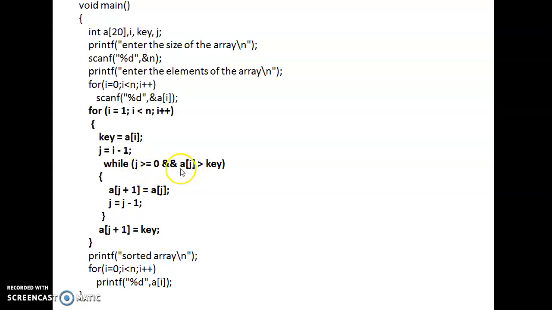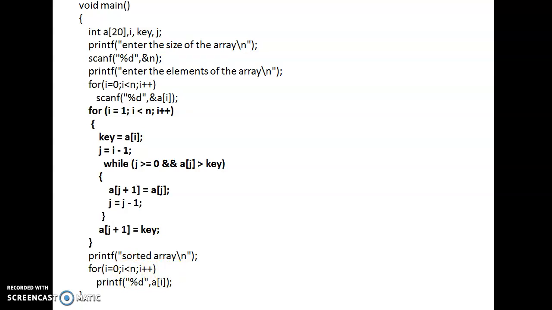I am checking whether our key is greater than or less than. If our key is less than that particular element, I am pushing down the element to the next position. Like this, I am doing up to j greater than or equivalent to 0 and A of j greater than key. Once our element is less, automatically I am coming out of this particular loop and inserting that element into the A of j plus 1 position. This is the logic of this insertion sort. Then afterwards we are printing this sorted array. So this is the insertion sort algorithm.